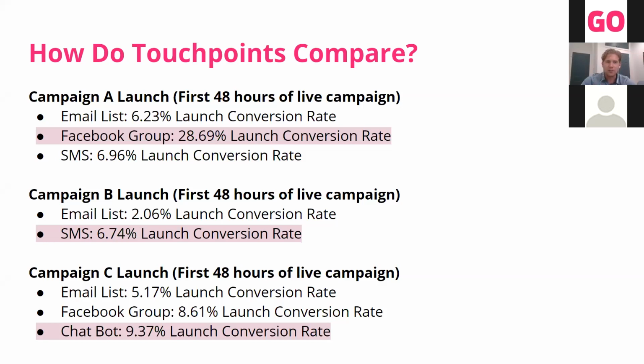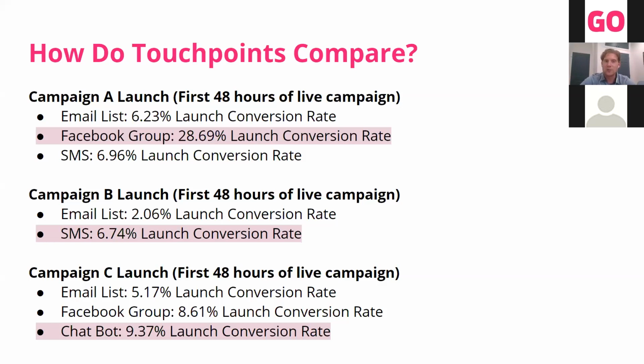And this is a look at 3 different campaigns that we recently launched with my company at Russell Marketing. Campaign A, Campaign B, Campaign C. This is an analysis after the first 48 hours of the campaign. And if you remember back earlier on, we talked about that 30% rule after 48 hours. That's a key period. So after 48 hours, of course, we'll do an analysis and see, well, how are things looking?